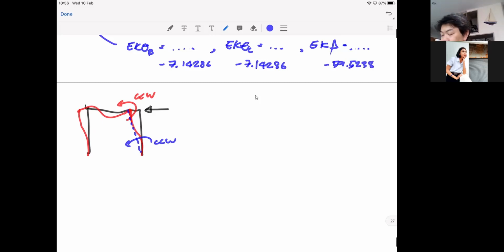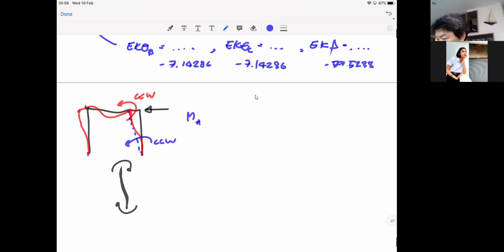And because, again, if I look at the frame, this is how it goes, right? So I know that if I look at my column, it should go like this. So I also know that I expect the end moments to be clockwise. So when you use this rotation, plug it in to get your calculation,